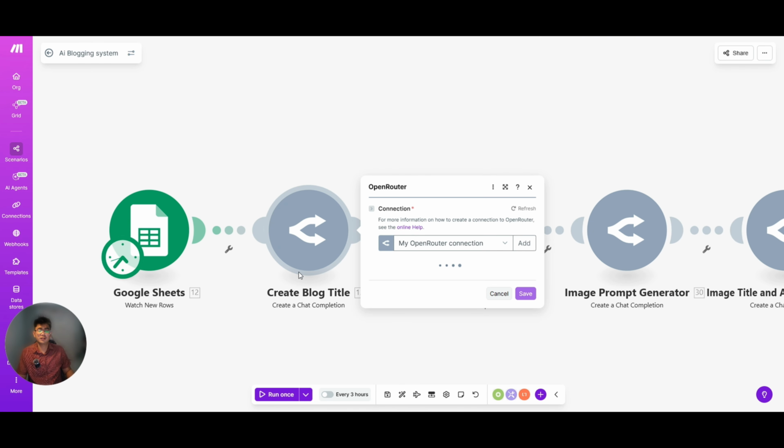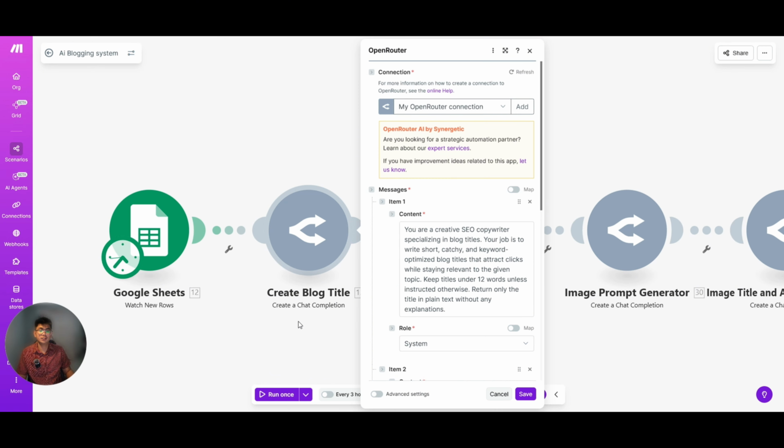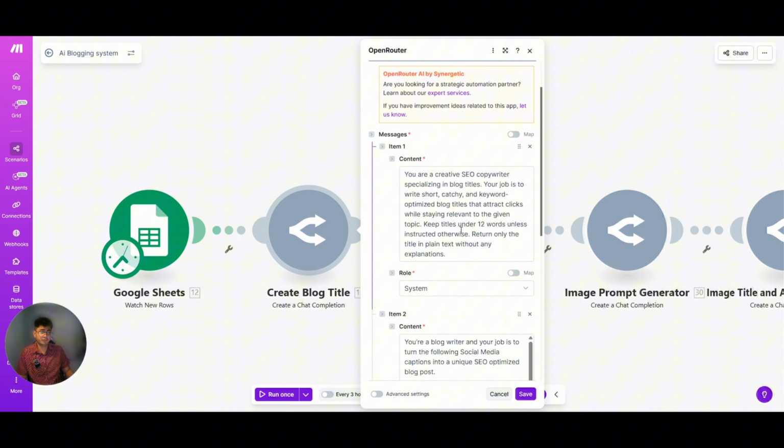Now the second module is the create a chat completion OpenRouter module, where this AI step generates a strong SEO friendly blog title from the social media ready captions from the Google Sheets. So this is the prompt that I use.